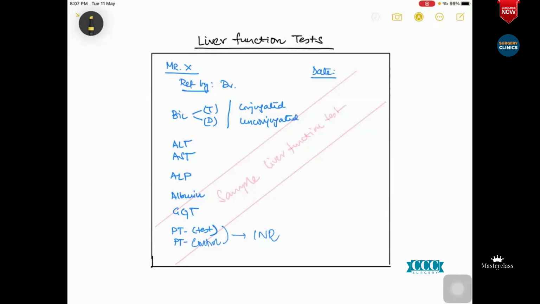So this brief description, and Dr. Shoptik Basu and I will be adding a few points at the end of his talk, will be to summarize each and every component of the liver function test that we discuss. So definitely, as I have said, Dr. Shoptik Basu will be dealing with the majority, each and every individual analysis. And then at the end of that discussion, we'll be having a few exam-oriented questions, some old archive questions, some new ones about the liver function test. So Shoptik, the screen is yours now.